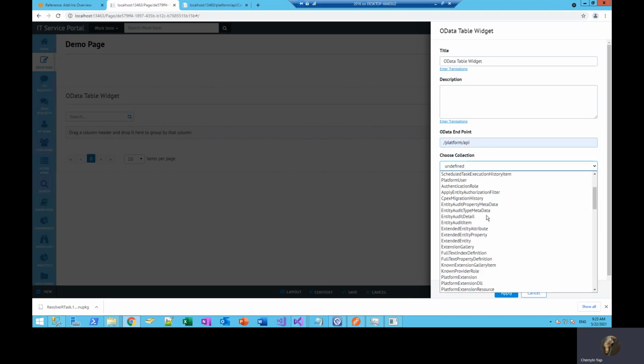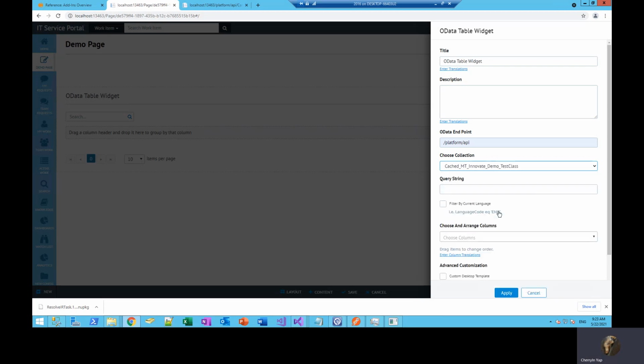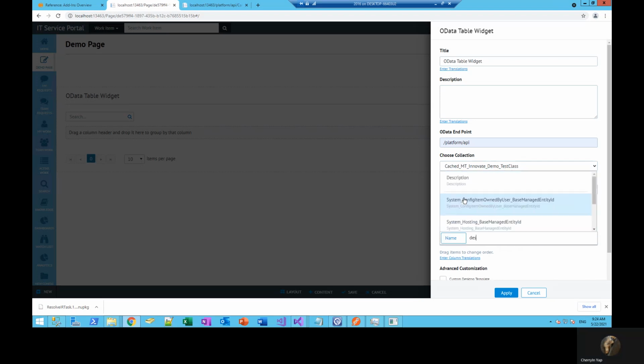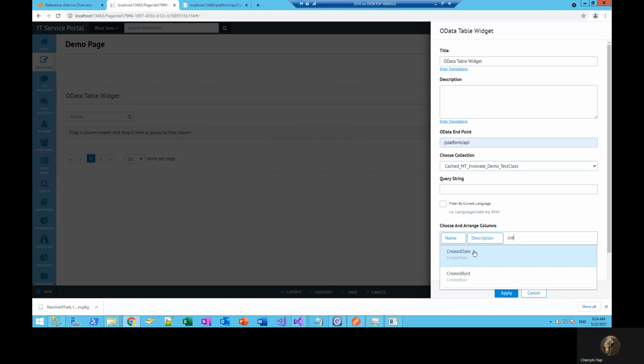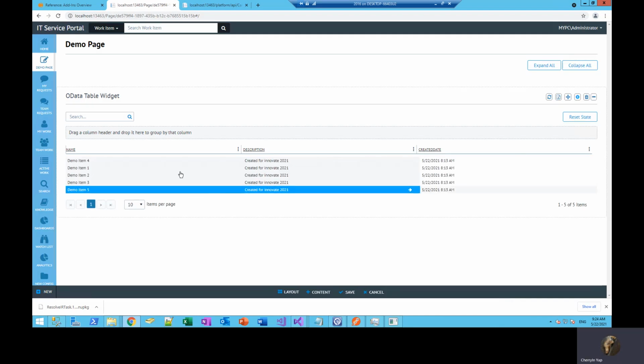Then that would list out the entity sets or the classes that are available. We're going to choose the demo class, and right at the choose and arrange column field, we will specify the different fields that we want to be displayed. So there, click on save.